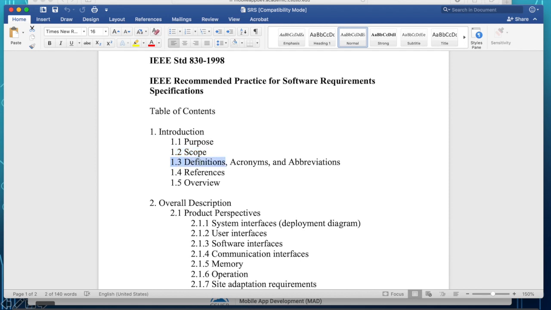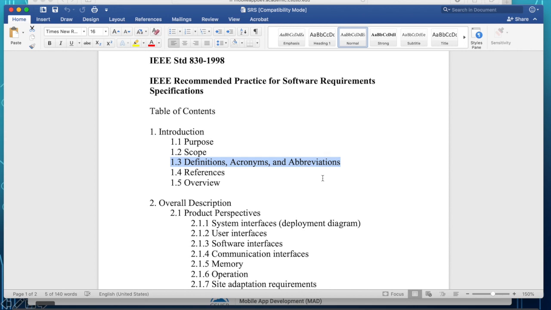Definitions and acronyms and abbreviations. The purpose of this section is to avoid the misdefinition or the wrong interpretation of a term. As you know, in computer science, we use a lot of acronyms and any abbreviations you want to spell out.